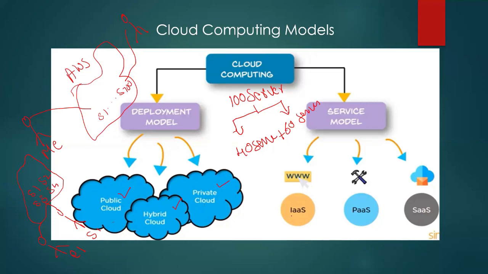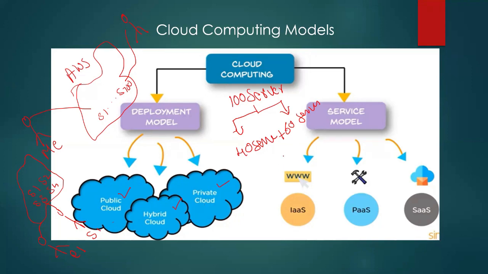Let's say you want to do an IT project, and that IT project requires a PHP platform or a Java platform. So now you have to take care of installing all this software yourself. So IaaS only provides the required infrastructure for you. It will not provide anything other than that. So then it is your responsibility to make it ready for your IT project.